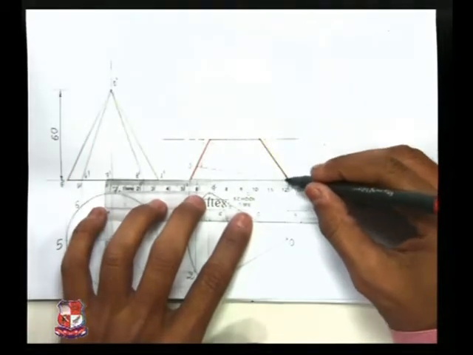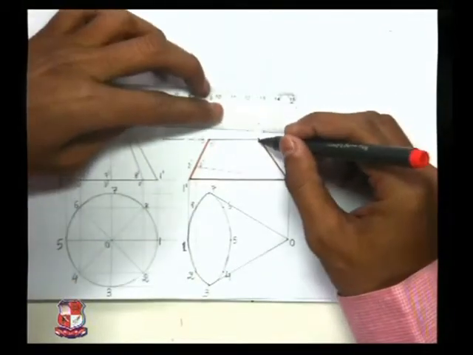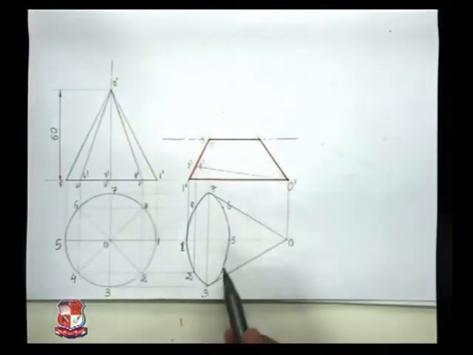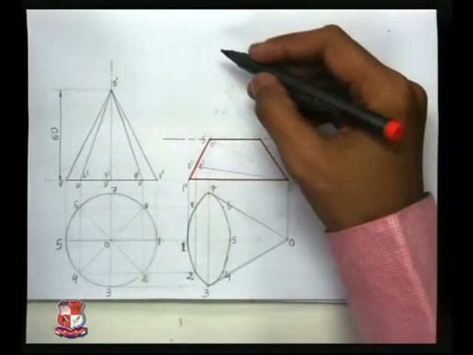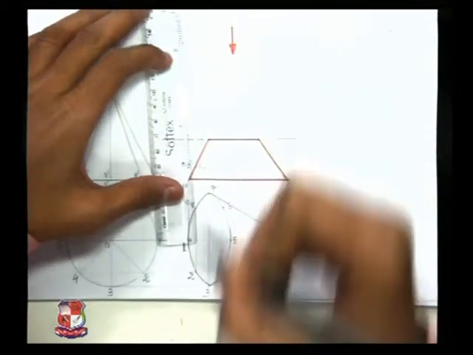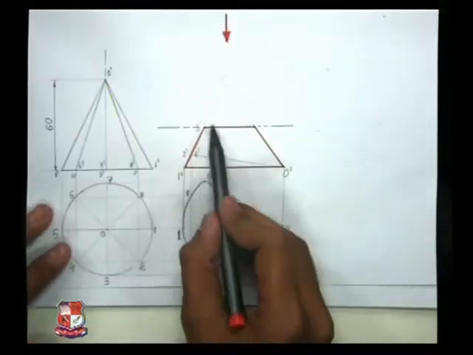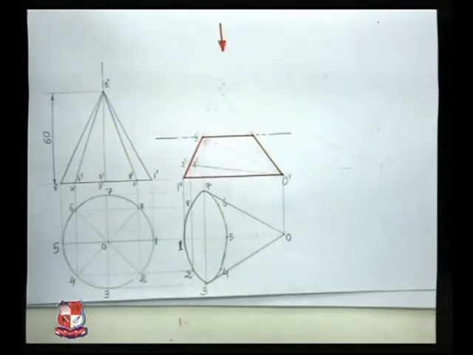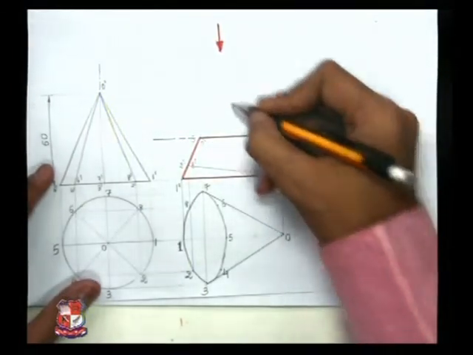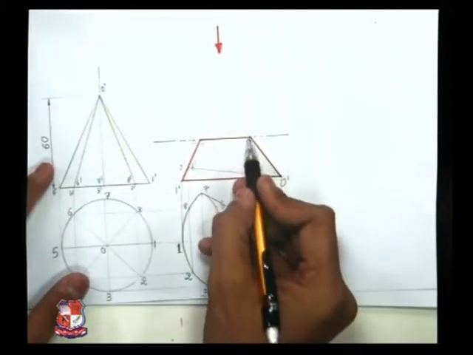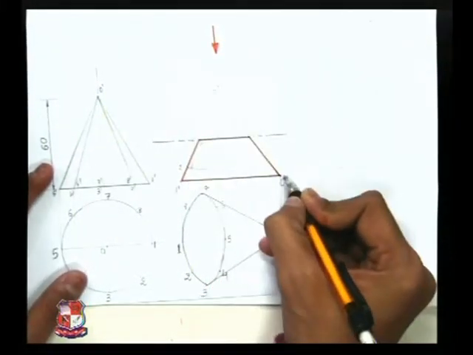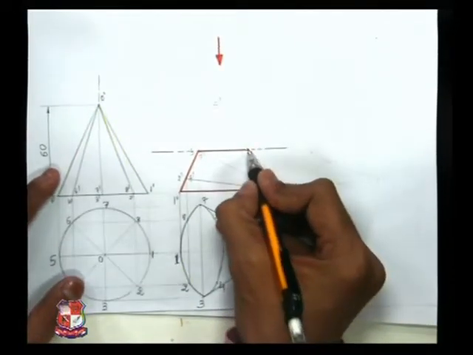This is the remaining portion of this cone, and now our objective is to draw the true shape of this cone in top view. If you look from this top direction, say from here, what should this shape appear like, that we have to draw, and that is our objective. So for that, let me pick up the points of intersection between the imaginary generators and this cutting plane. Here point number 5 dash is here. 5 dash O dash is one of the generators. So here is the cutting plane.